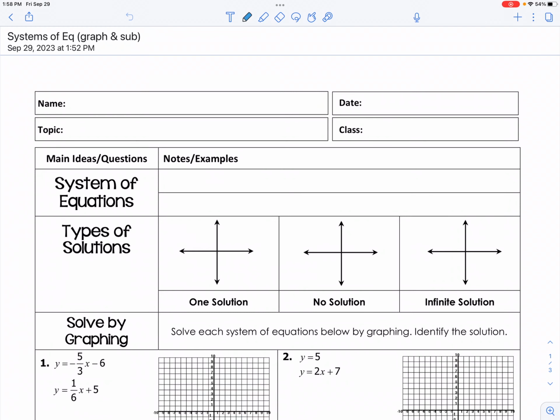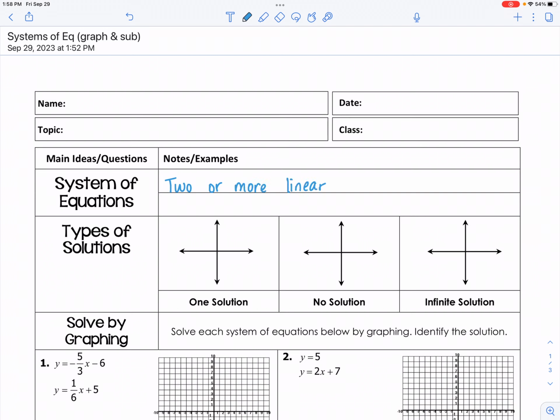Today we're going to be reviewing systems of equations. We're going to be looking at solving by graphing and solving by substitution today. So a system of equations, if you remember from Algebra 1, it's just two or more